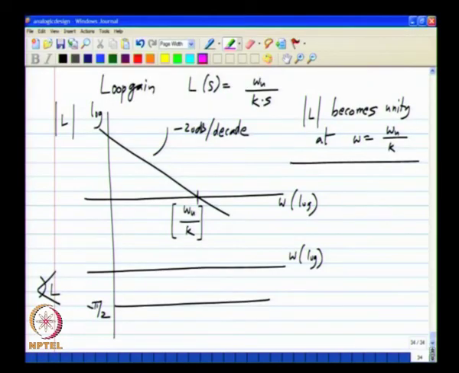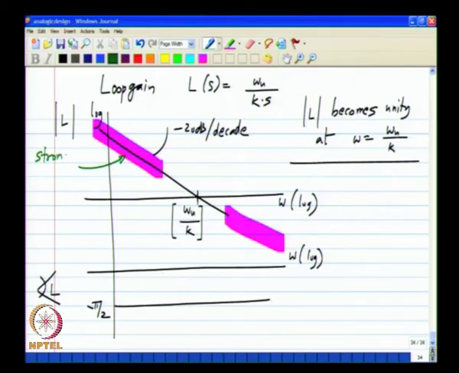You see that below a frequency omega u by K, the value of L is large and there is a significant amount of feedback, and if you go well beyond omega u by K, the magnitude of L is much smaller than 1. Okay. So not much signal is being fed back. Although you have a connection from the output to the input, the magnitude of the loop gain is very small, which means that there is practically no feedback here. So in this range of frequencies you have a high or strong feedback, and in this range of frequencies you have weak or no feedback.